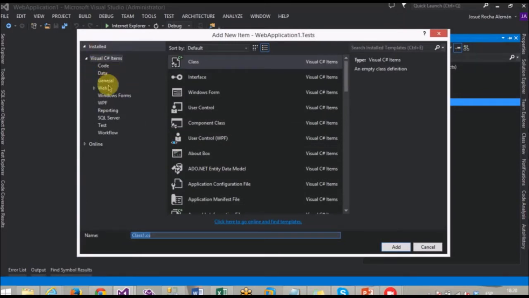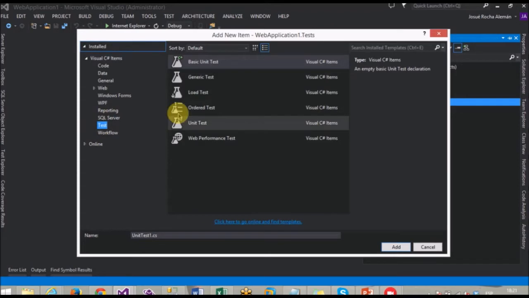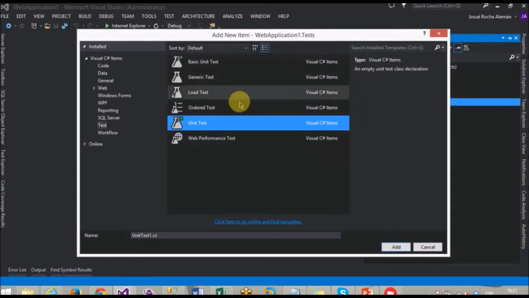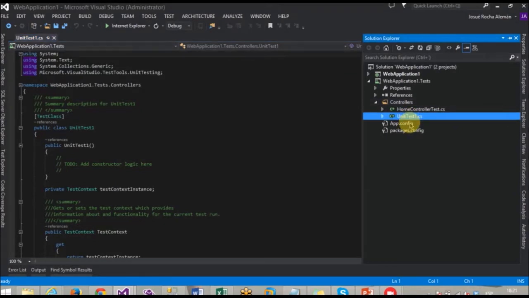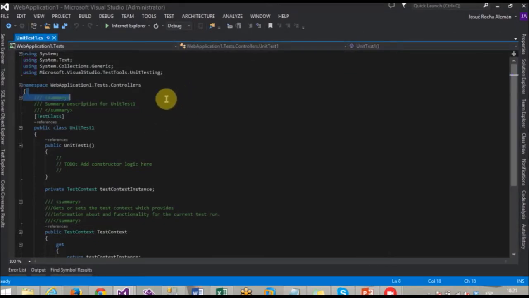And here in Installed, I'm going to move to Test, and let's select the unit test, the unit test framework or new item. I'm gonna add it. I didn't choose any name for it. It's just to let you see how a unit test class can be created. How can you identify it is a unit test class? Simple. Before the name of the declaration of the class, it has this attribute